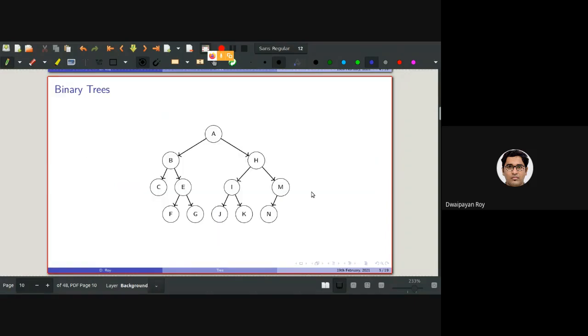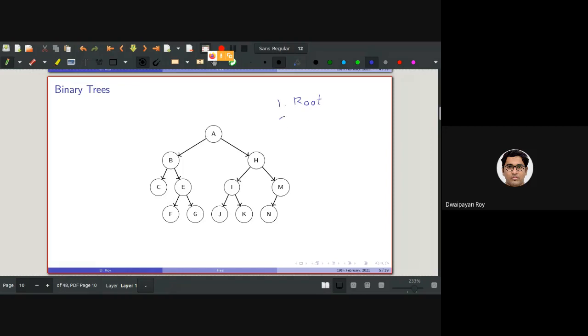So the primary focus of this course will be on binary trees. So a binary tree, from the earlier definition, again there should be three criteria. The first criteria is there should be a specially designated node called root.